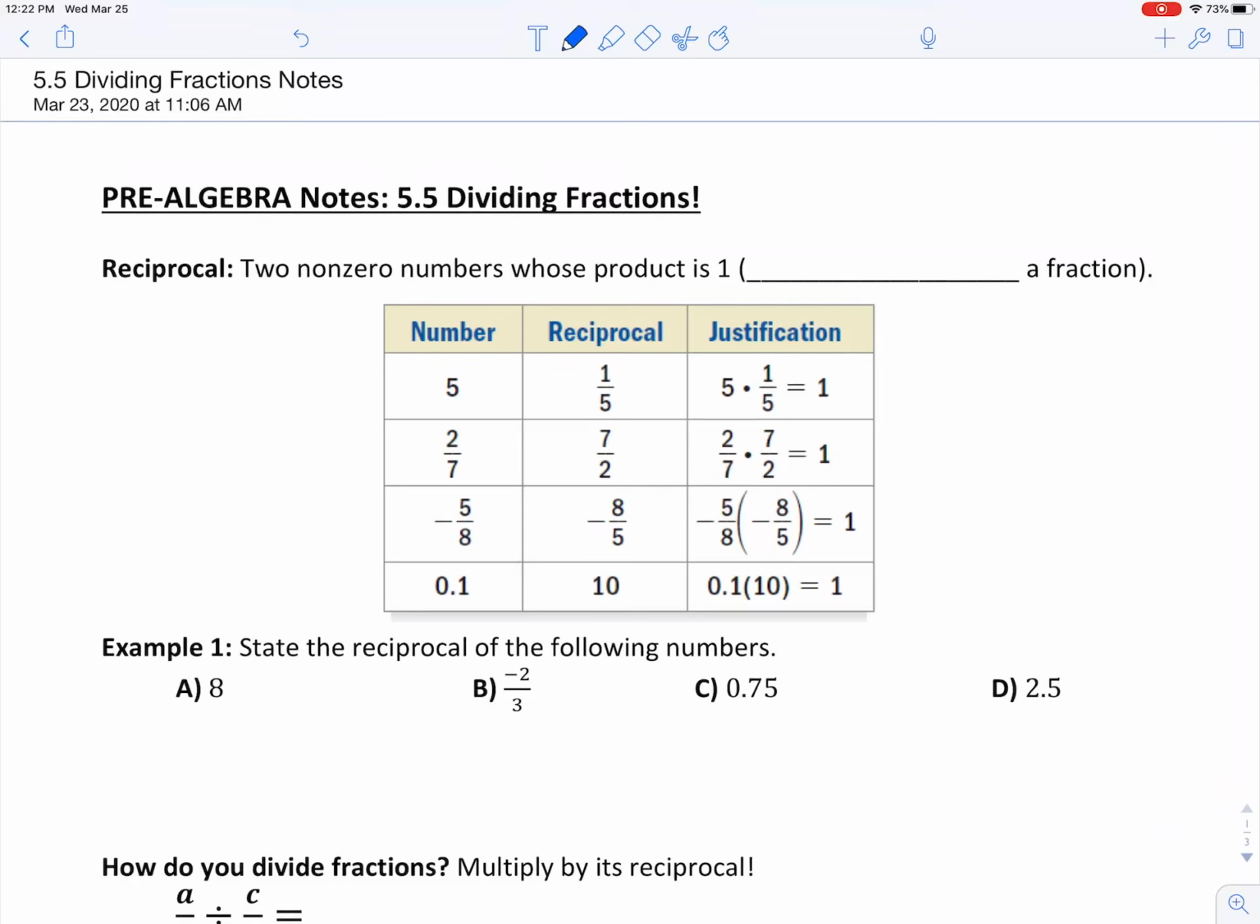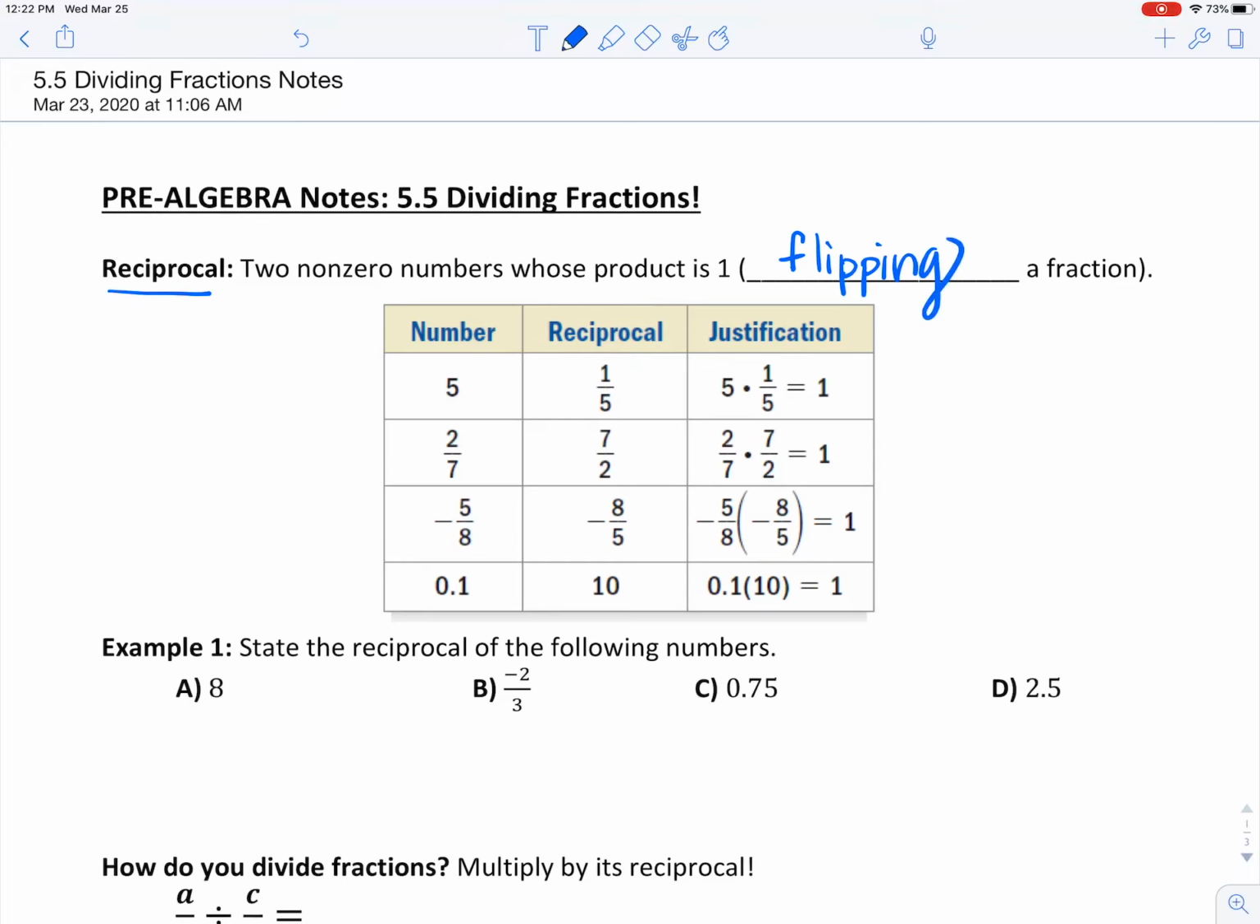Class. Today we are going to do lesson 5.5 on dividing fractions. Our first vocabulary word for today is reciprocal. A reciprocal is two non-zero numbers whose product is 1. Really what it means is it's flipping